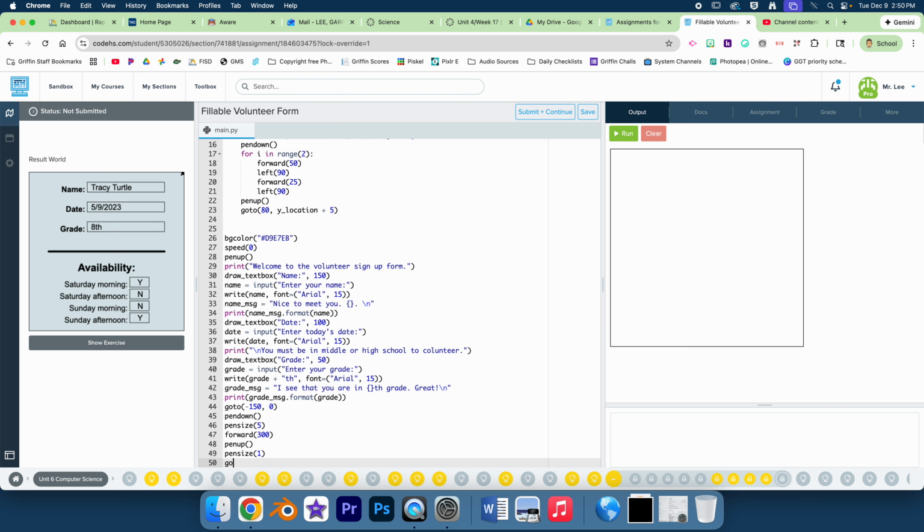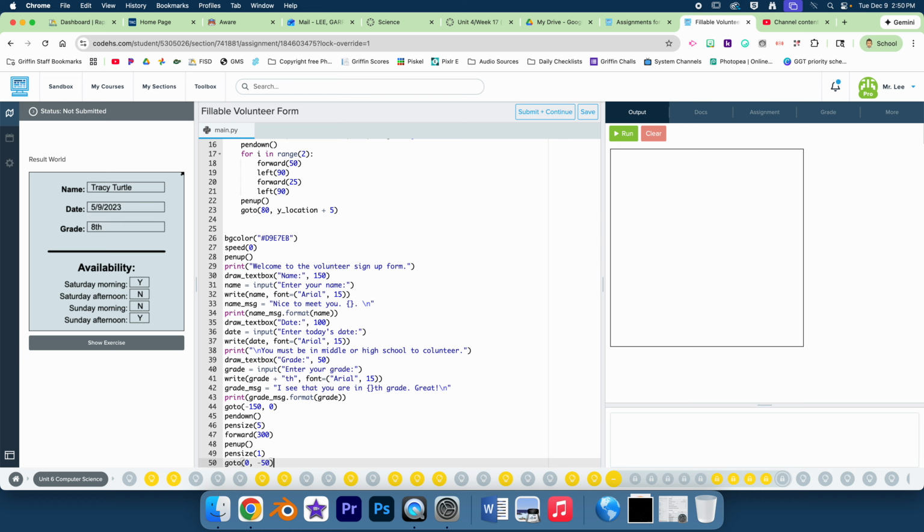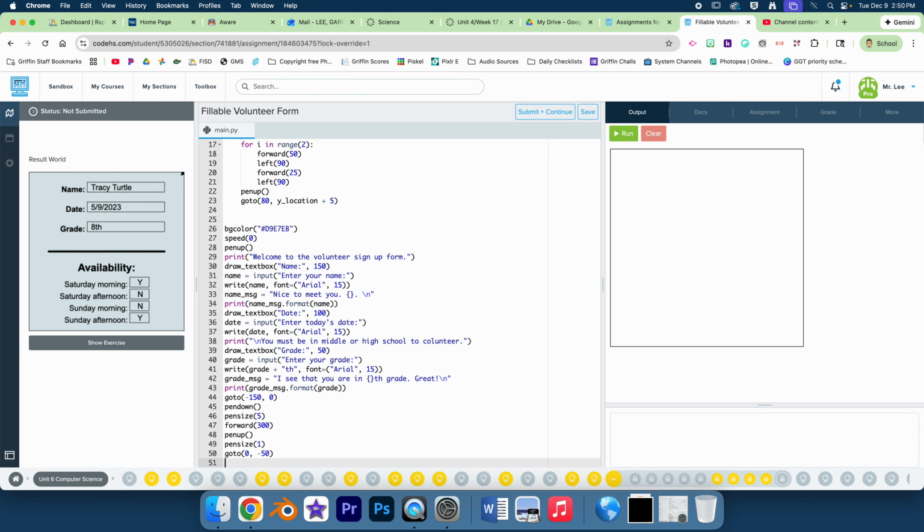And then go to 0, negative 50. All right. Last section here. Oh, I don't want to take the back side of the parentheses with me. All right, on line 51, we're going to write